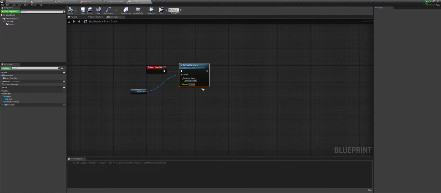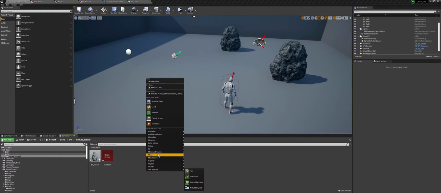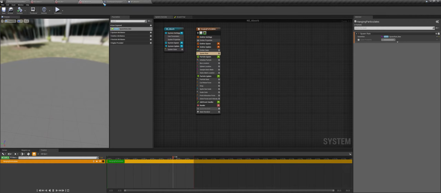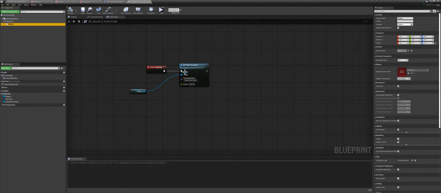Now I will show you one more way to bring in data to the Niagara system from our blueprint. So this way is similar to the parameter collection we use for materials. With parameter collection, we just go to materials and textures and parameter collection. Material parameter collection will be accessible anywhere and within any material, unlike this user parameter, which is only accessible if we have a reference to the Niagara system.